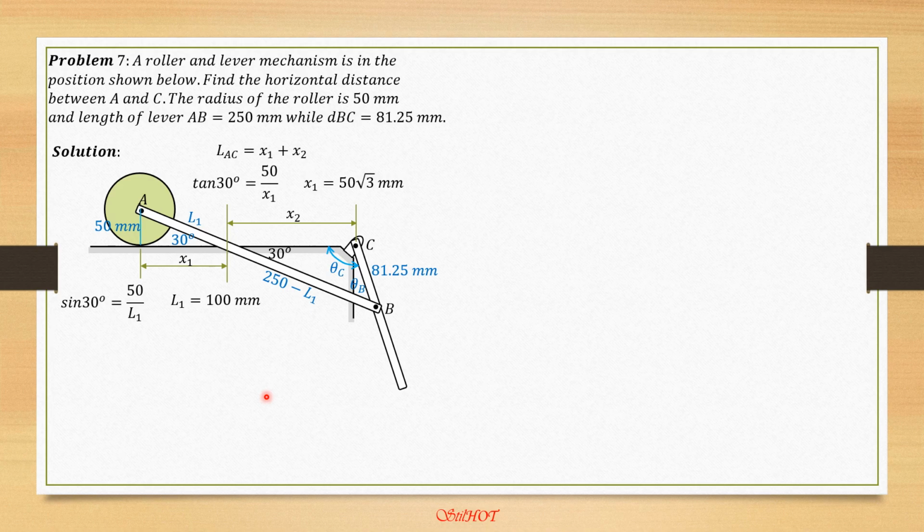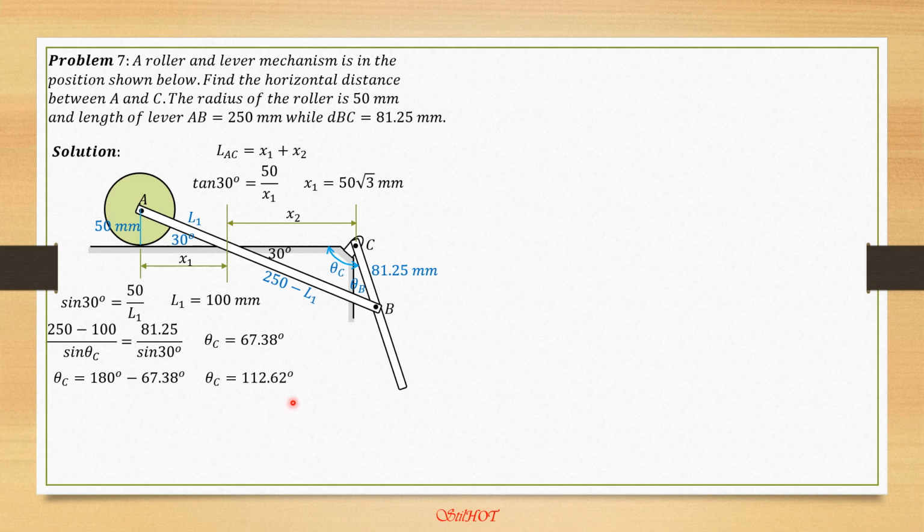So by sine law, 81.25 over sine 30 equals 250 minus 100 over sine theta C. So theta C therefore is inverse sine of 150 times sine 30 over 81.25. So theta C is 67.38 degrees. As I said, we will not accept this answer because it should be obtuse. So theta C must be 180 minus 67.38 degrees, and that would be